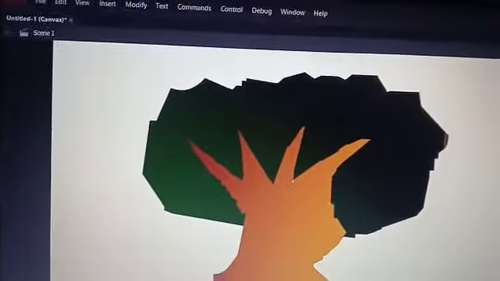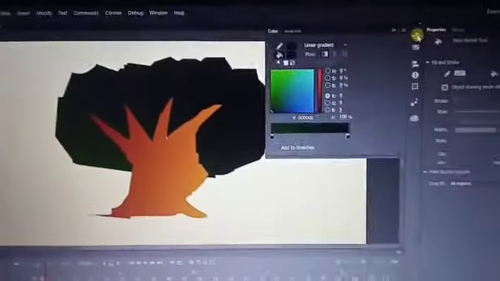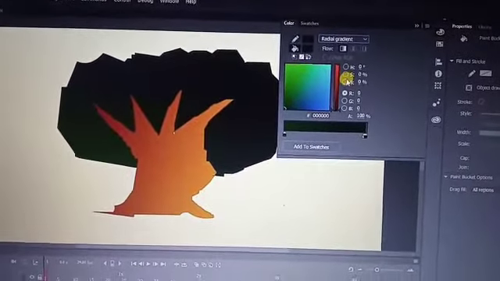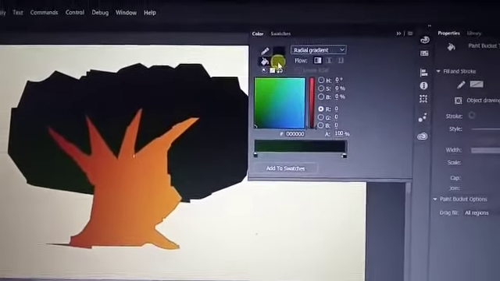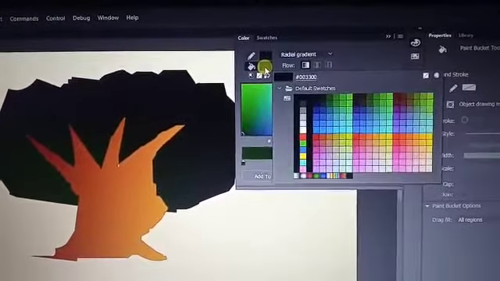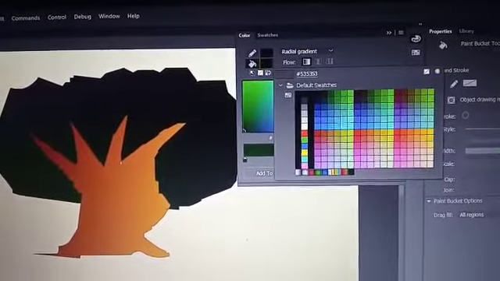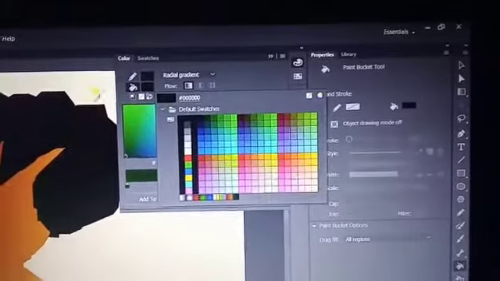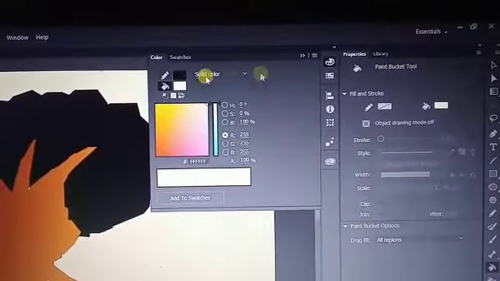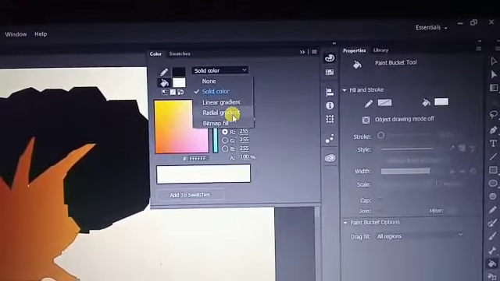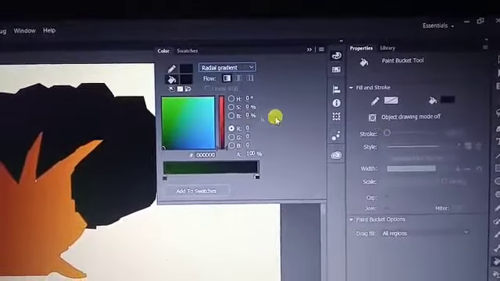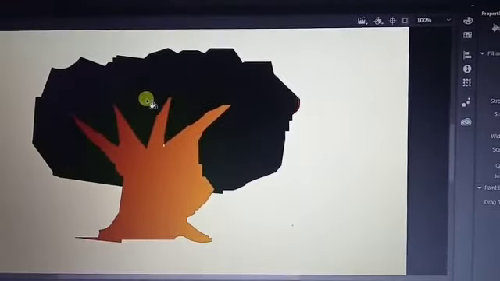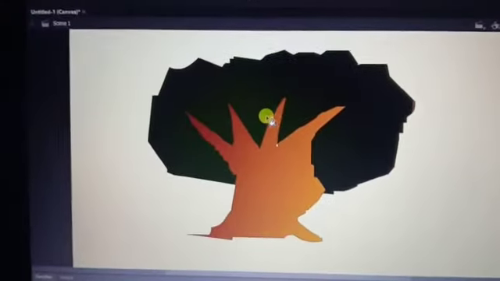Now in the same manner you can use the radial gradient. You can just click here and select the radial. In the radial gradient it shows the focal point of this one. You can find it is already displayed here. Select the radial, now take it and put it. It is displayed in this manner.